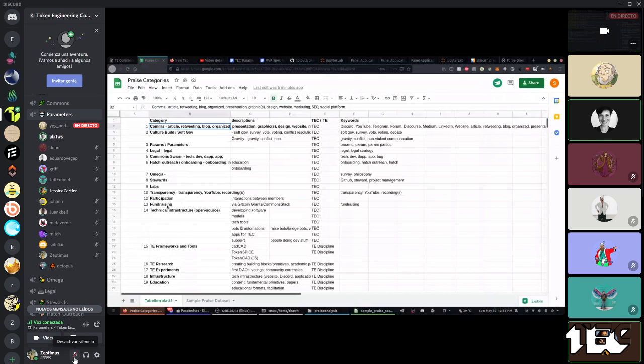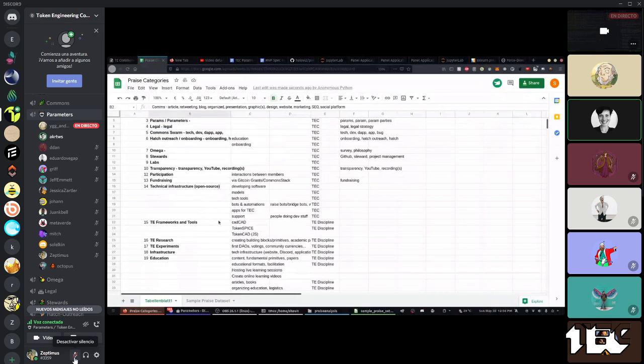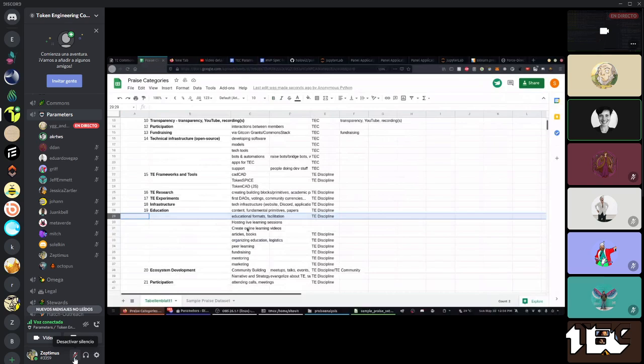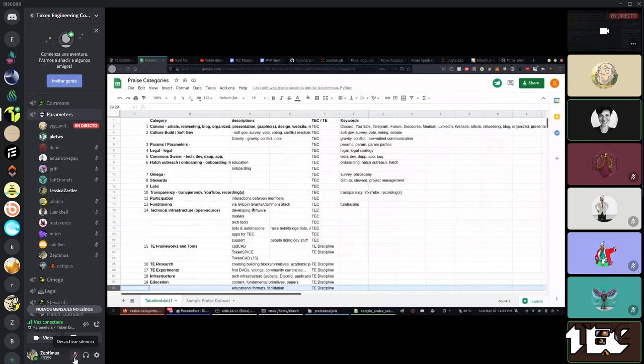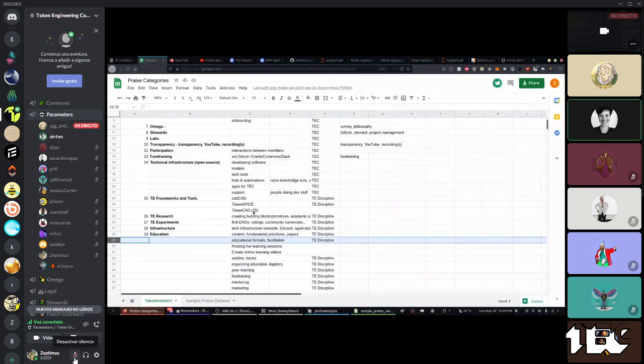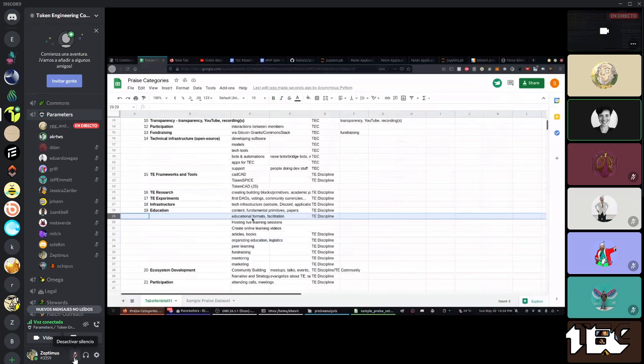Okay, and just for everybody's information, all the lines that don't have any number are just descriptions. For example, line 20, line 29, educational formats fall under 19, education. These are examples in a way. Subcategories in a way. Subcategories, yeah. But for the sake of simplicity, not sure if we should take them in separate buckets.